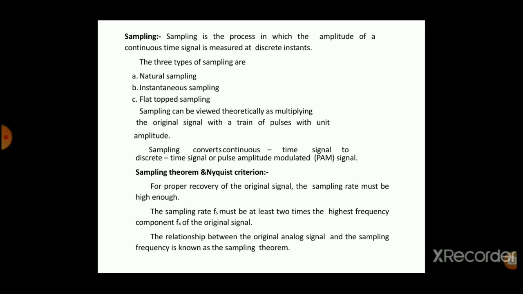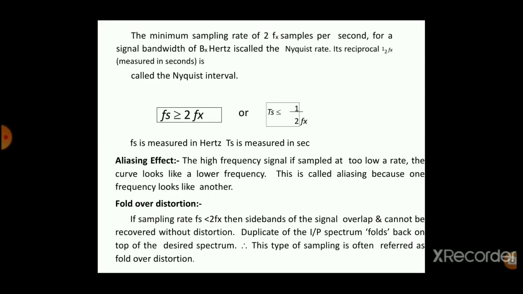The relationship between the original analog signal and the sampling frequency is known as sampling theorem. The minimum sampling rate of 2fx samples per second for a signal bandwidth of fx hertz is called the Nyquist rate. Its reciprocal,